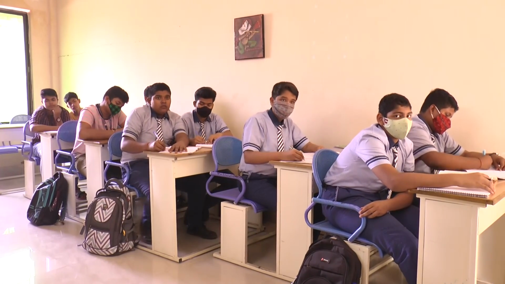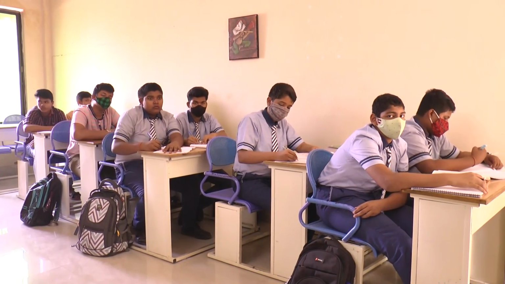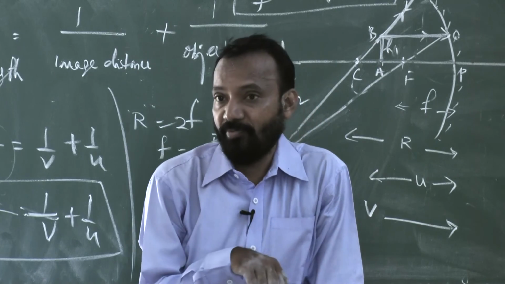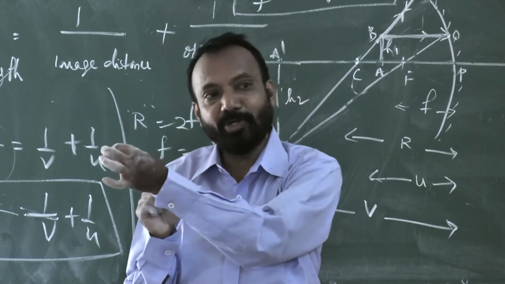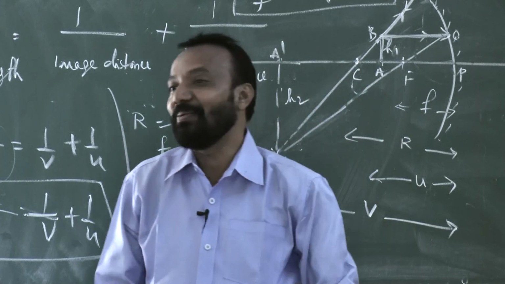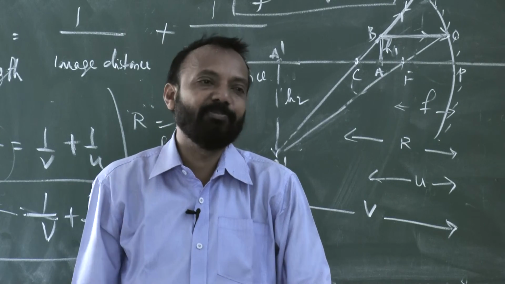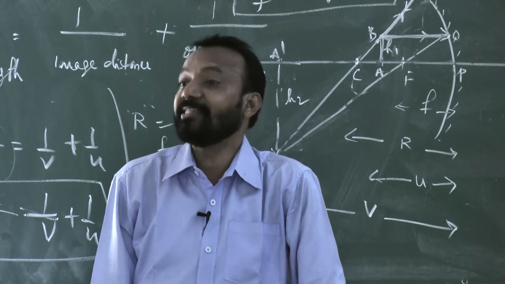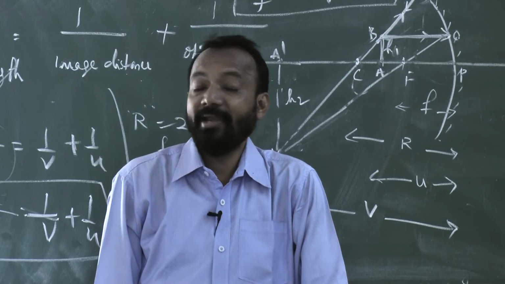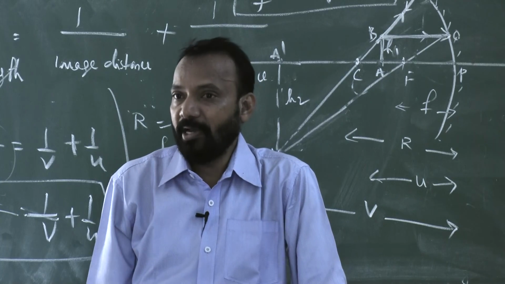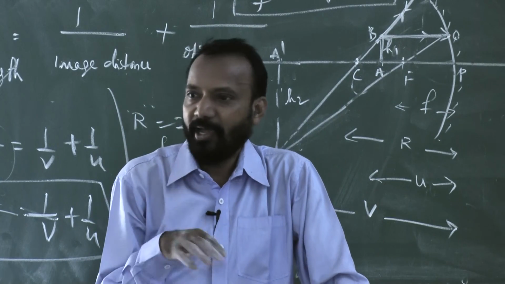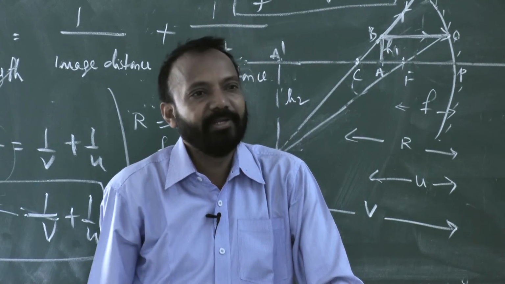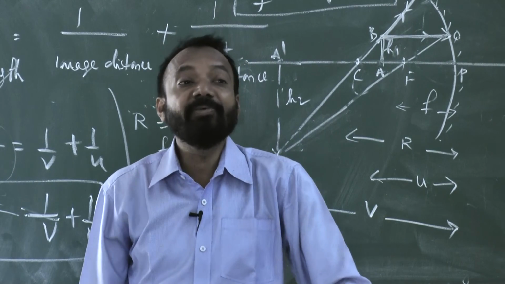In the case of a concave mirror, the image forms on the same side. That means you are measuring from the mirror to the object or from the mirror to the image. That's why negative is coming. Next class we will explain properly how magnification comes, and then the convex mirror, with one or two formulas and diagrams, and the concave mirror will be finished.